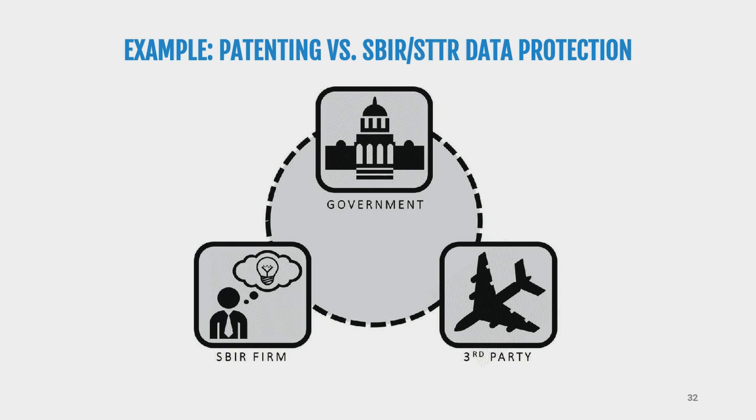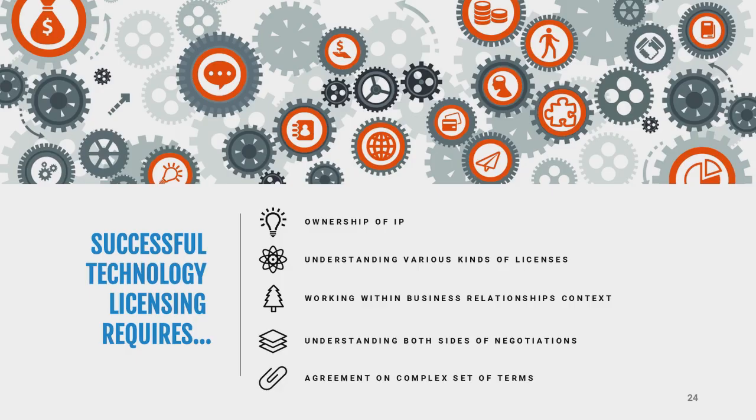All of this gets pretty tricky, but for the purposes of our discussion, we're not going to have too much time to go through all of this. My goal here is to raise some flags so that as you're working on your commercialization, as you're working on deals, as you're interacting with the government and various parties, you see the red flags so that you know when something might not be right and you take action before it's too late. Now we're going to move on to some licensing and litigation concepts here.